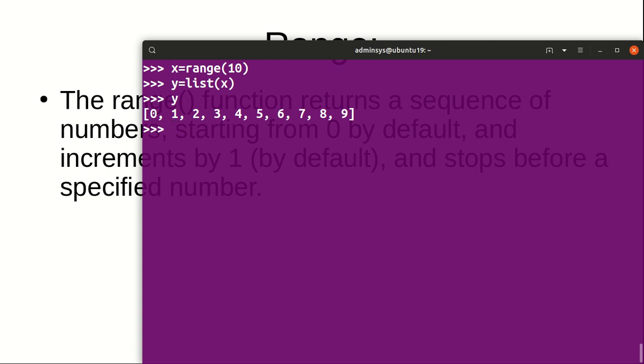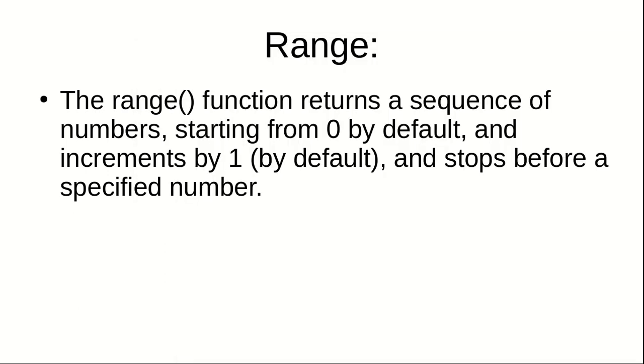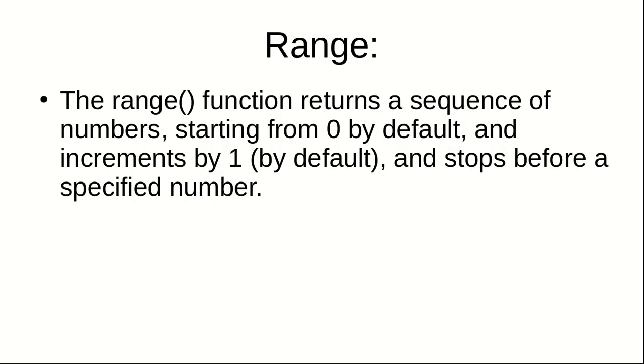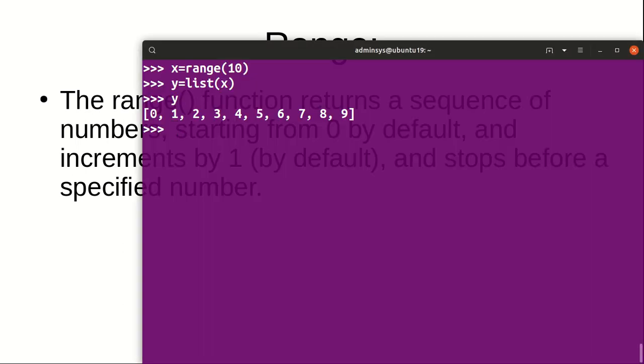That it does not include value 10. So as per the definition, you can see that it starts from 0 by default and it increments by 1. So here each value is incremented by 1 and stops before the specified number. So it stopped before 10. So this is how range will help to initialize the values.